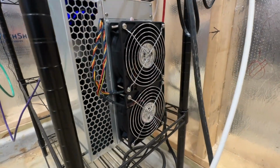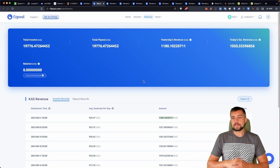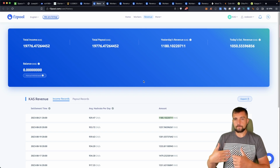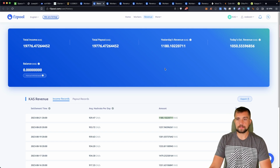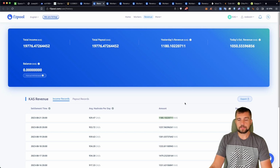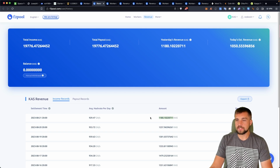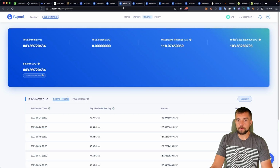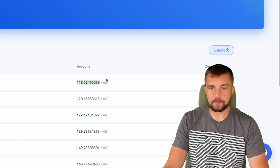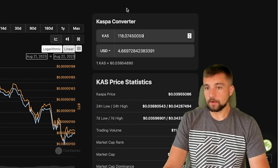To bring it back to the KS1, though, the path to breaking even, we'll see how it goes, because this thing is a more than $6,000 mining rig, and earning, you know, 40, 50 bucks a day is crazy. It's fun. It's exciting. But better be with a lot of big miners on the way, because Bitmain has said that they're shipping out their KS3s, which, to put it simply, the mining profitability for these will decrease dramatically moving forward, much like the KS0 has already dramatically decreased in mining profitability. You can see I'm down to nearly 100 coins per day. 118 coins is